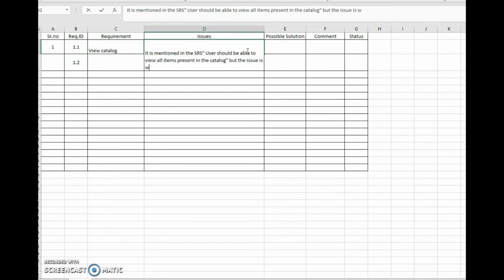you write down whatever the issue is. The issue is whether only registered users should be able to view it, or visitors are also allowed.